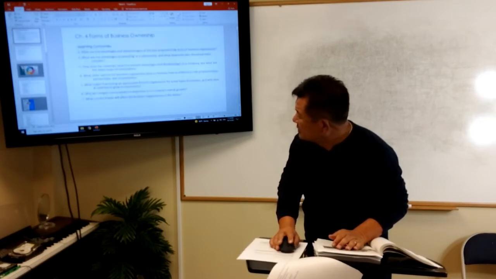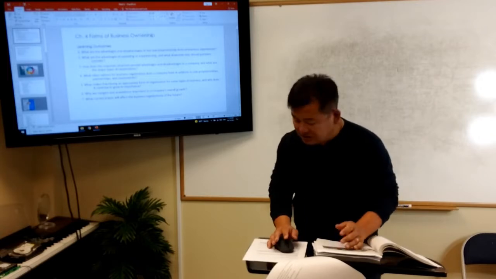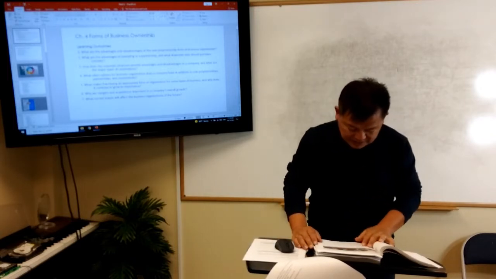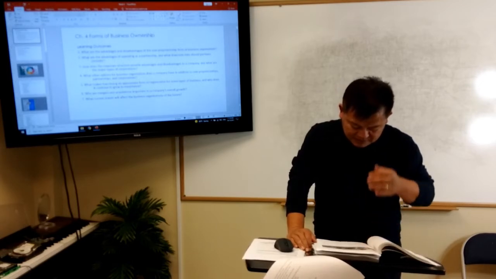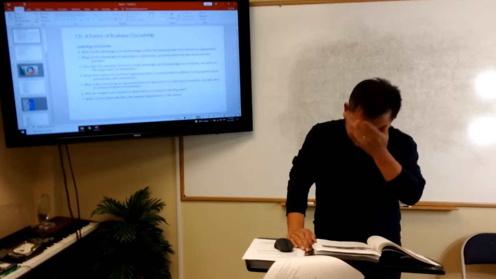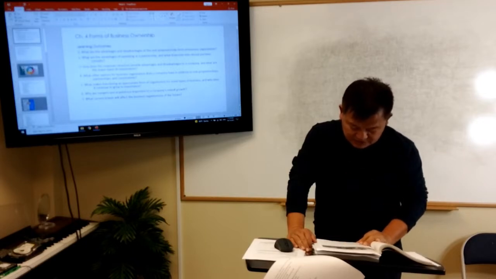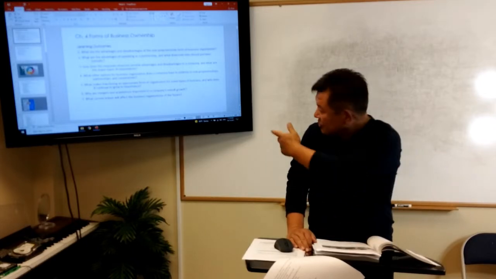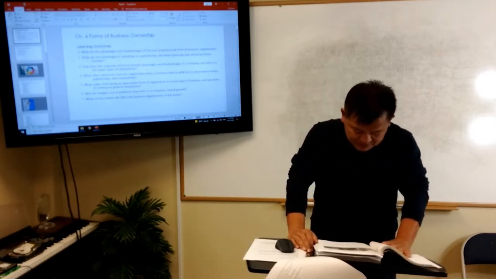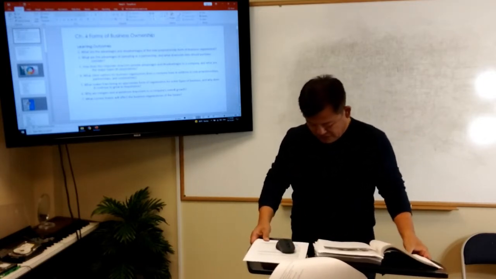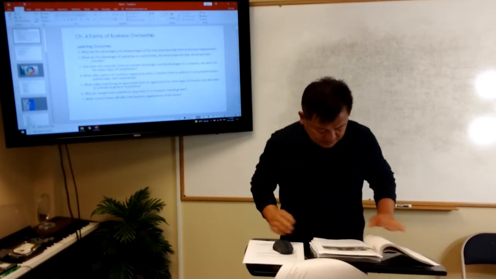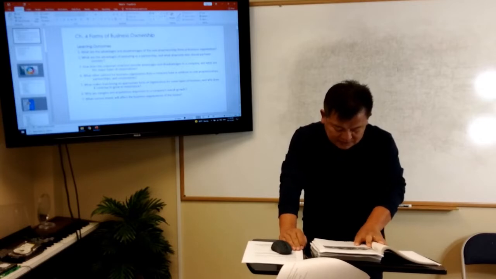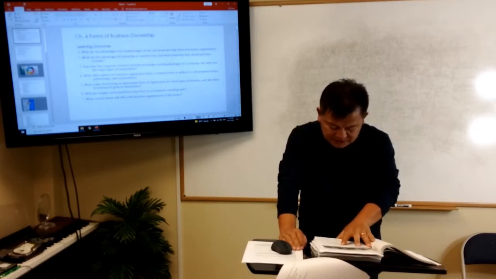Forms of business. Also, this chapter has some outcomes. It means after you study this chapter, you should be able to answer these questions. These are the learning outcomes. First, what are the advantages and disadvantages of the sole proprietorship form of business